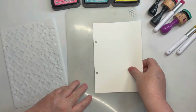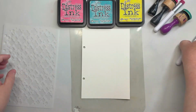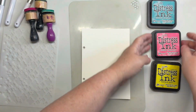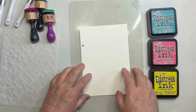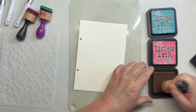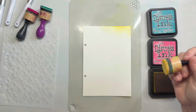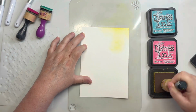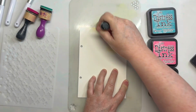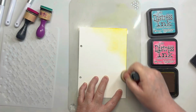So I was feeling a little bit like I wasn't sure what to do. Sometimes you get a bit of decision fatigue where you've got so many products to choose from, and you just become a bit weary of what you want to choose. So I went with some classics, and I do find that if you're ever feeling like, oh, I want to do something, I don't know what to do, I often say to go back and make something that you've maybe made before, or go to your go-tos, and this is my go-to colours,